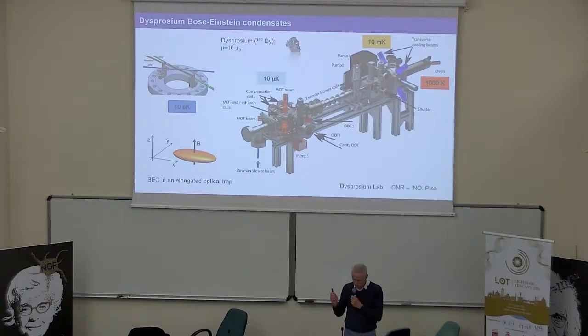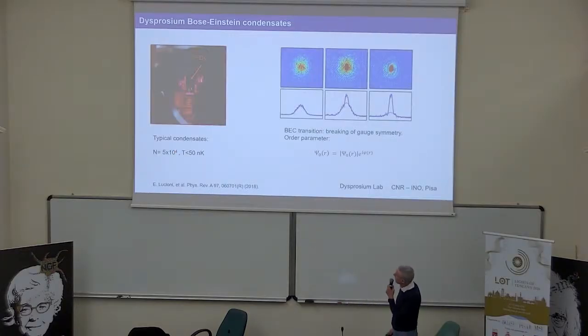This simple story, as you probably know, took many years for the international community to realize, with several Nobel laureates along the way. But my generation had the luck to find all these techniques ready, and so we have these systems in the lab. These are some pictures of the atoms. We work with dysprosium atoms. This is a picture of the transition to Bose-Einstein condensation, and then this is our small supersolid. It has something like 50,000 atoms